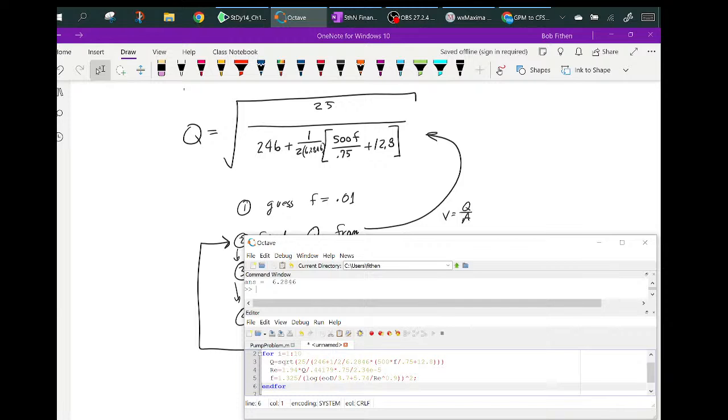Then what I'm going to do is use fprintf. First, I'm going to print %f, %f, and then %f, then a new line. So the first thing I'm going to do is present the f, the Reynolds number, and then the Q. If I save this thing,